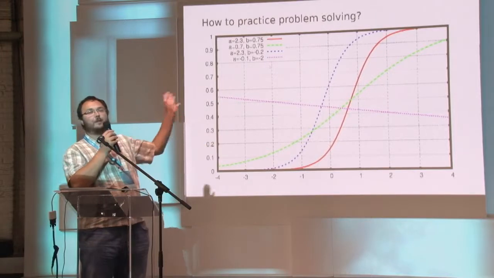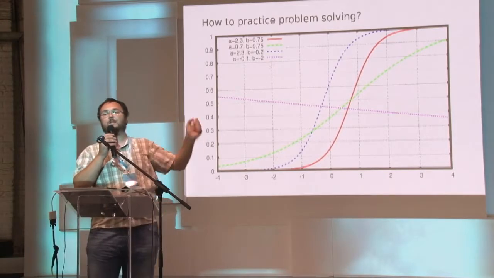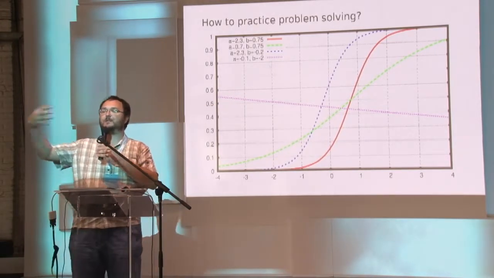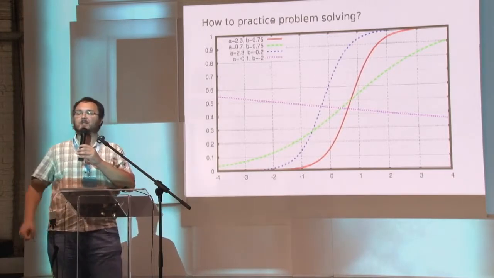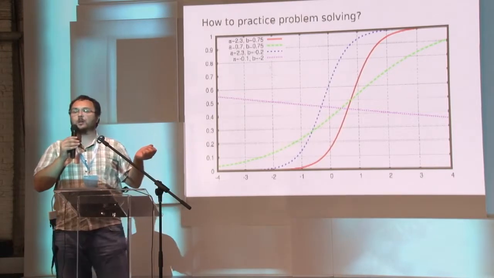And it can be farther right, it can be farther left, it can be steeper, it can be less steep. The steeper curve usually means that this is a problem that requires some specific knowledge, and only if you are good enough to have the knowledge do you have a shot at solving the problem. So this is a very good model of what is going on in the competition.